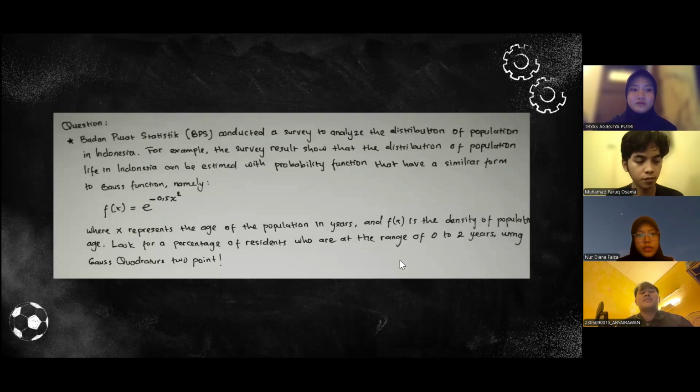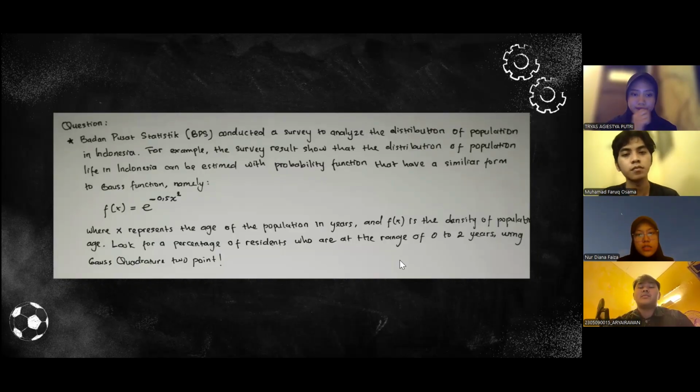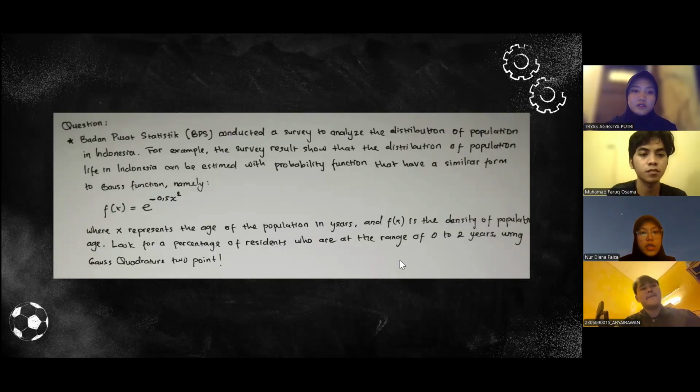The first question is: Badan Pusat Statistik, or BPS, conducted a survey to analyze the distribution of population in Indonesia. For example, the survey results show that the distribution of population life in Indonesia can be estimated with a probability function that has a similar form to the Gauss function. Namely, f(x) is e to the power of minus